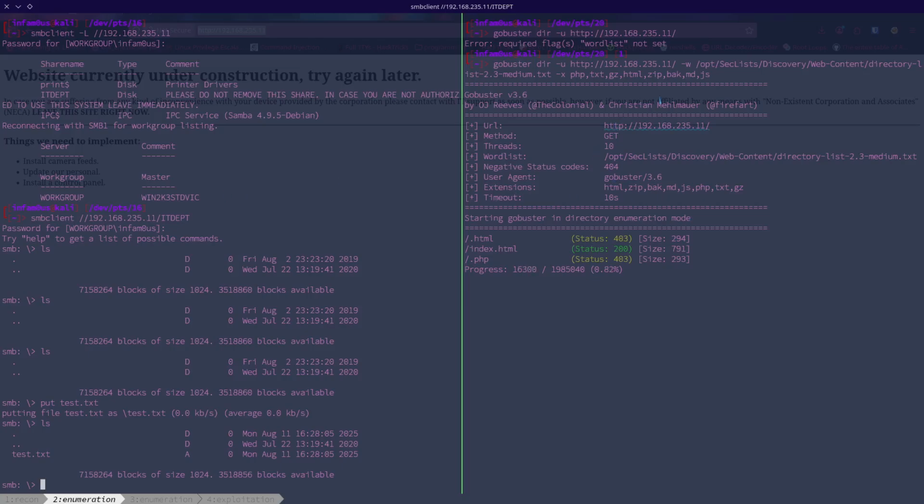See if we get anything back from this GoBuster scan. Okay. I mean, we could speed up the scan,